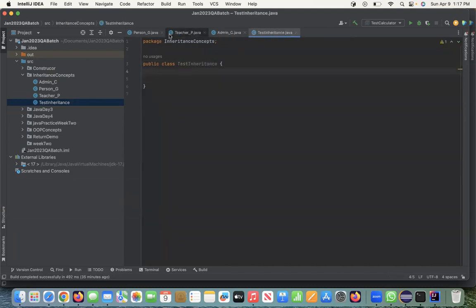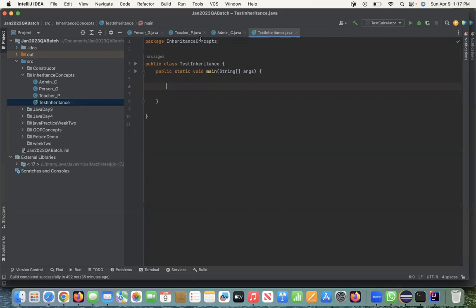Actually, just removing this, just keeping all of this inheritance stuff. So what we did earlier when we tested other classes, all we have to do now